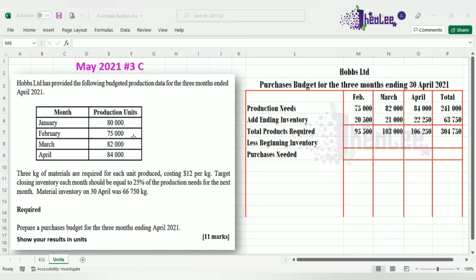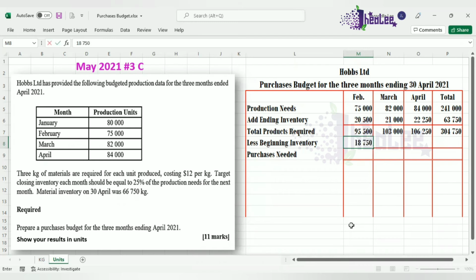Apart from that, remember, the closing inventory becomes the opening. If you find 25% of February's production needs, you would get the opening stock. If you find 25% of March production needs, you would get the opening stock. And if you find 25% of April's production needs, then you would get the opening stock for that month. So basically, for February, it is 25% of the 75,000, and that gives us an opening inventory of